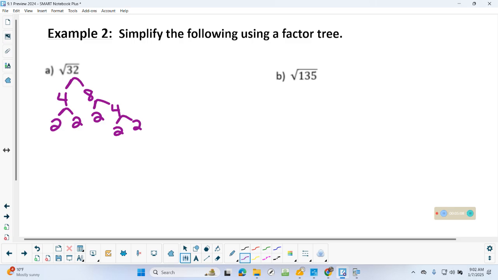Now, what you're looking for, for a square root, you're looking for groups of 2. I'm looking for a pair. So here's a pair of 2's. Here's a pair of 2's also. And don't forget you have this single. So to get your final answer,